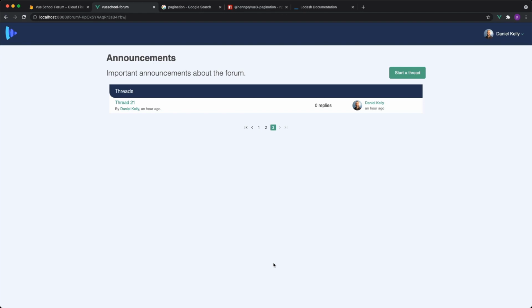So, if you'd prefer to use a Firestore query to do pagination on the threads page, like we did on the profile page, instead of doing the chunk stuff with Lodash, you certainly could, and it would still work with the pagination buttons. In the next lesson, we'll make it so that the page can come from the query string in the URL. That way, you can share a link directly to a specific page.